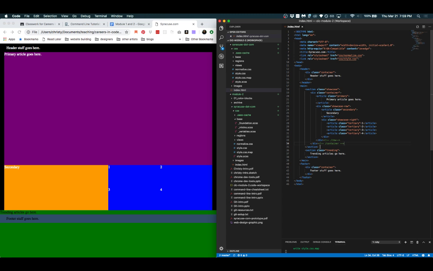He did this slightly differently than I would have by default, which is fine. They're both valid. Basically he made a row inside of his section, and then he split it in half. But you can do the same thing by just creating a new section with a container inside of it, and then you're going to put your articles inside of